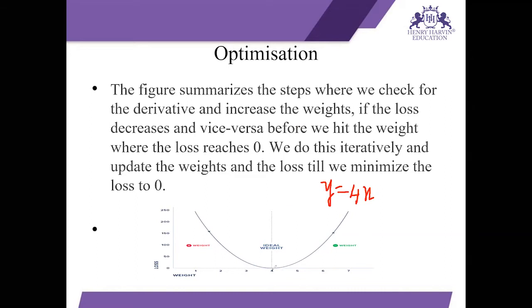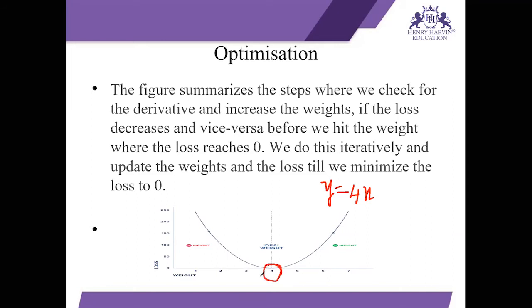That is what we can see over here. The loss is going to be 0. But when the weight was considered as 2, the error was around 120. When the weight was increased, the error was getting reduced. So when the weight was increasing, the loss was getting reduced, right? When the weight was decreasing, we have seen that the loss was getting increased, right? So this is what we are trying to see, where we can reach this position.